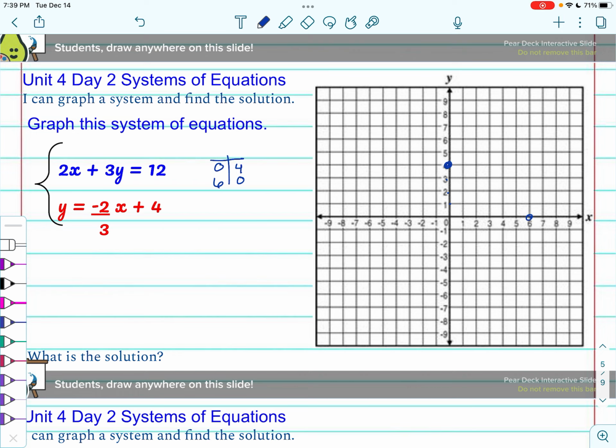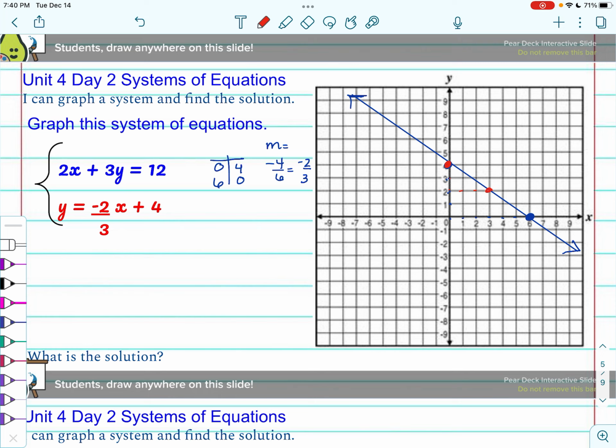So first I'm going to find my x and y intercepts, and once I find those, I can draw my straight line through them. And I can count too. 1, 2, 3, 4, 1, 2, 3, 4, 5, 6. So I went down 4 and right 6. So the slope of my line here, and I'm just counting it for myself, is -2/3. And I can already see when I graph my red line, I have the same slope. So instantly I might think these are parallel. But the next thing I noticed,